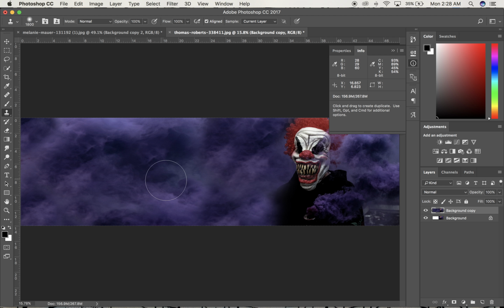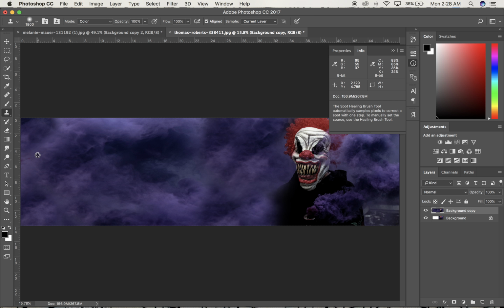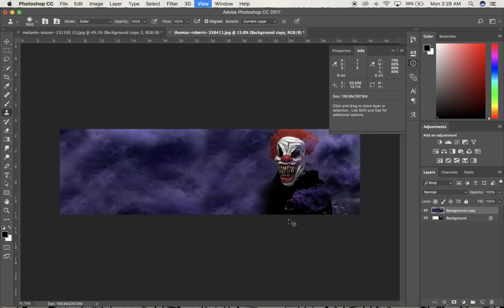First, I noticed one other thing that looks odd, and that is this one part of the smoke. I couldn't really tell that over here when it was so small. But it's kind of bluish gray compared to the rest of it. So I'm going to take the cloning tool and change the mode from normal to color. Option click over here. Now if I kind of drag in, I can just change the color from being the bluish gray part to being more of a purple that would fit in with the rest of what's going on. Now once again, this isn't perfect,